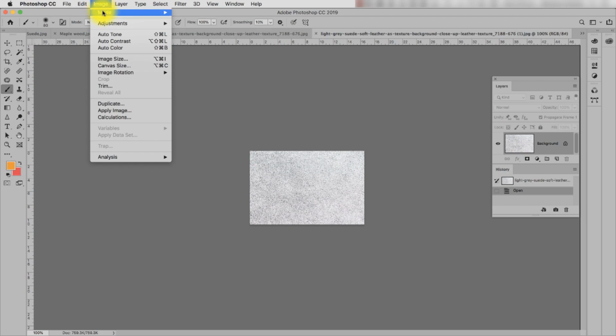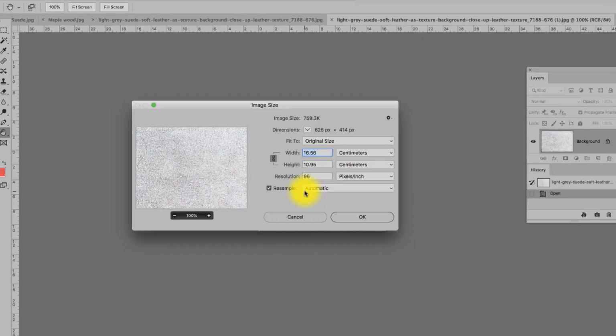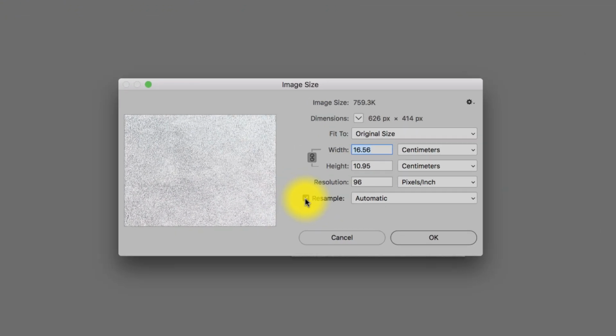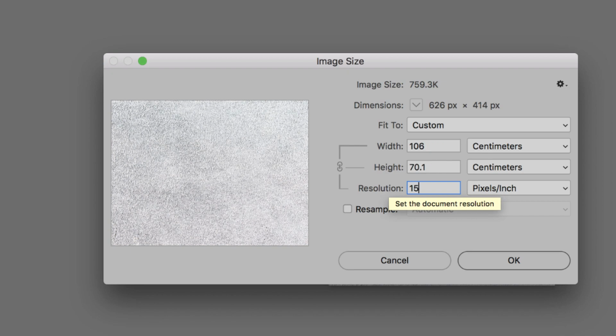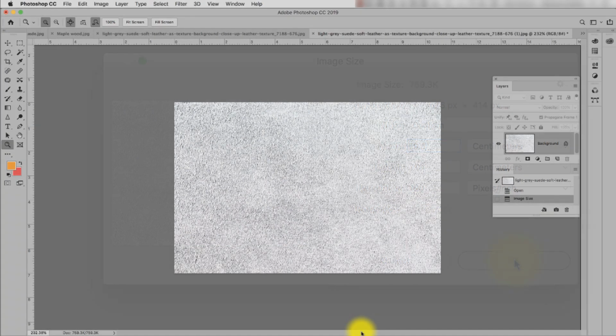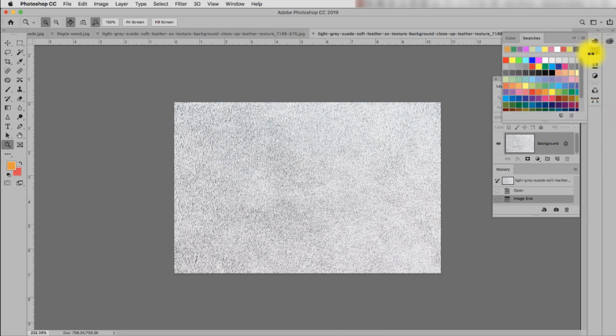Immediately I can check the image size here. Image size. I'll uncheck Resample and make the image 150 pixels per inch. This image is an excellent size for what I needed to do. First, I'll check consistency. I'm using Offset to do this. Let us do this to show you what Offset is doing.